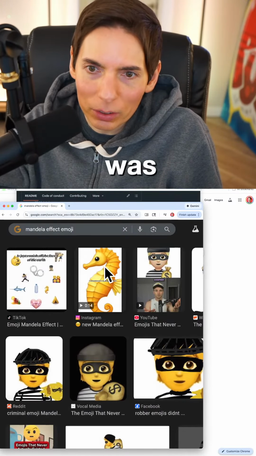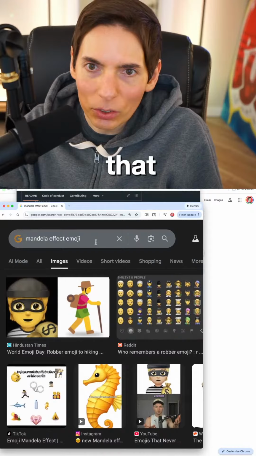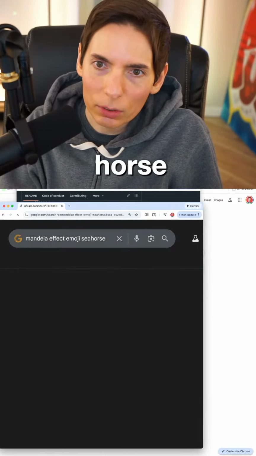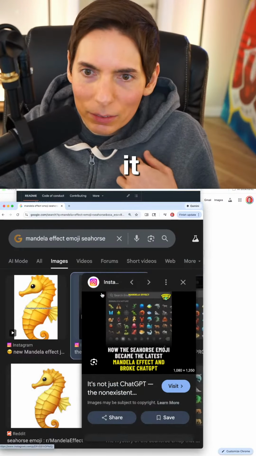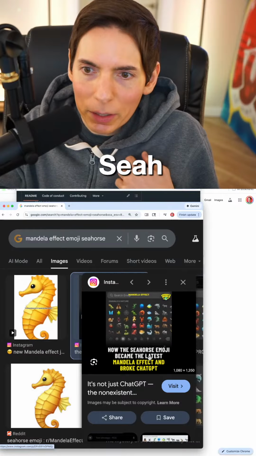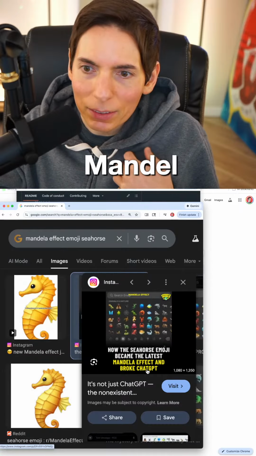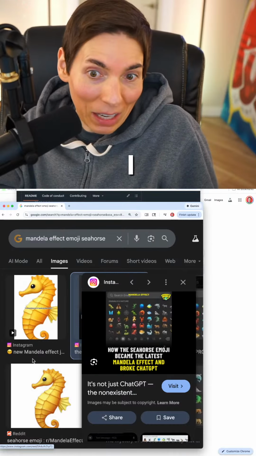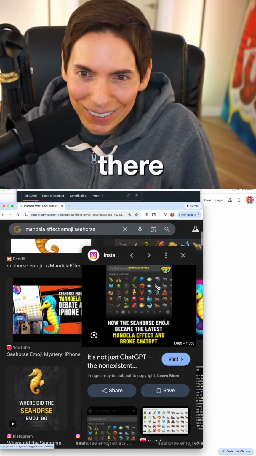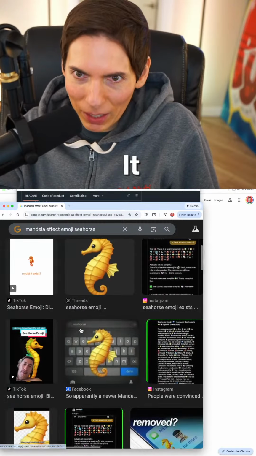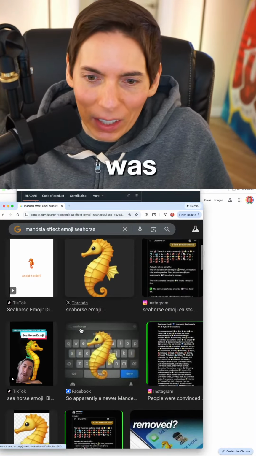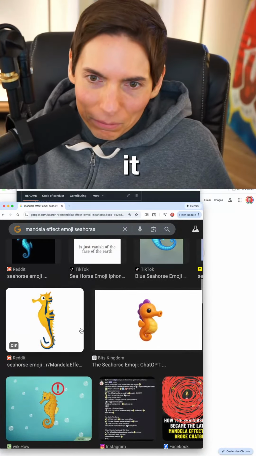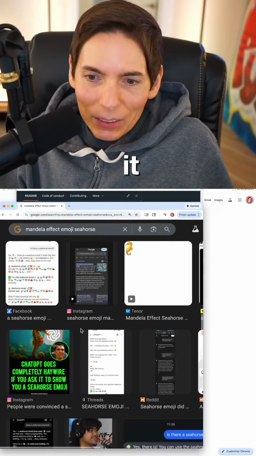I was pretty sure it looked like that. Wasn't it there? How the seahorse emoji became the latest Mandela effect. Did it? I guess it never was there. What? It never was a thing. It feels like it was though, doesn't it? I guess not. I guess it wasn't.